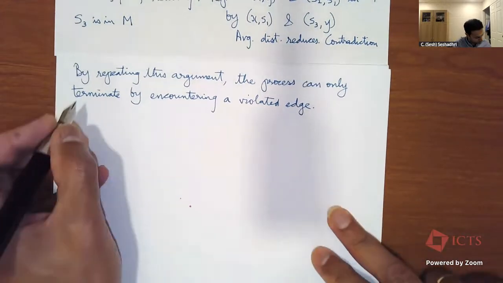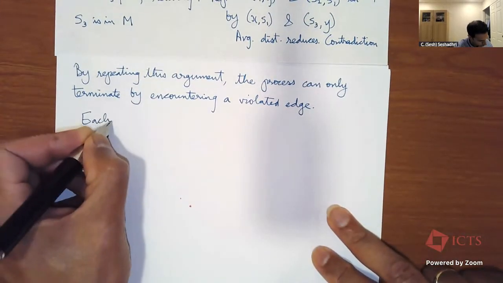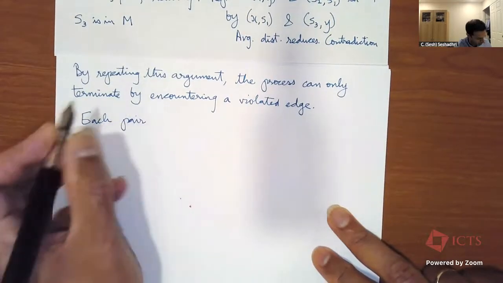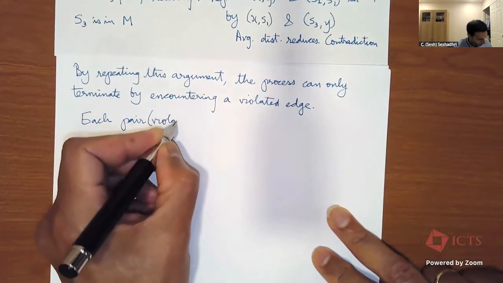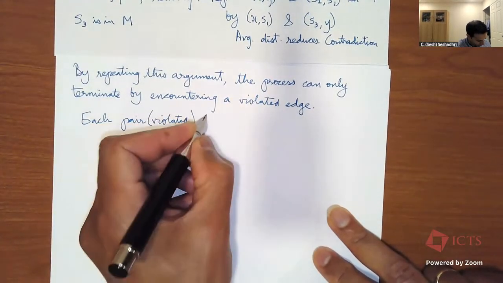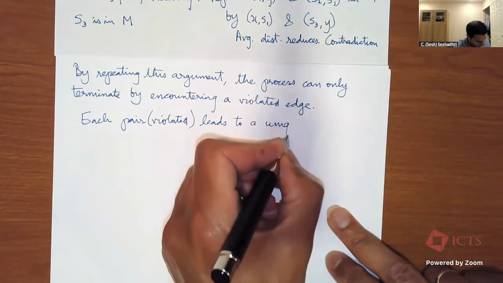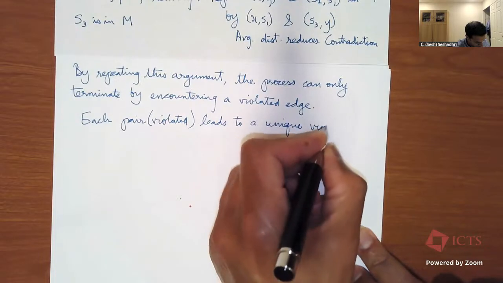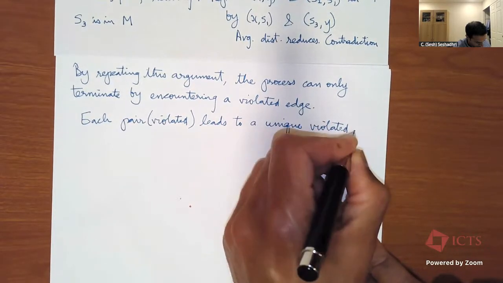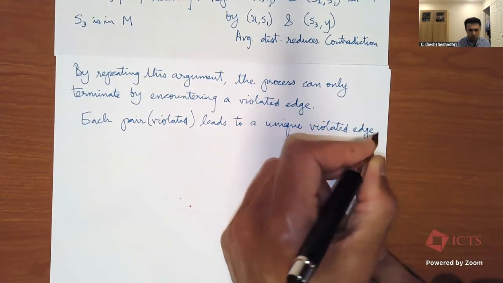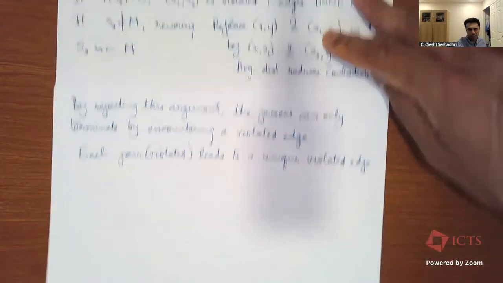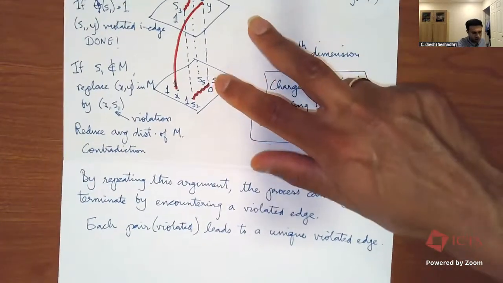And moreover, each pair that is a violated pair leads to a unique violated edge. This requires a bit of work to show that, but basically the point is that because these are